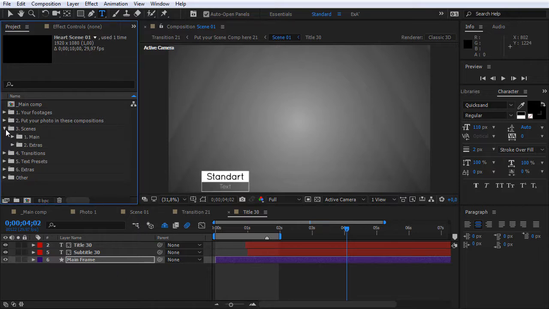Open the Scenes folder in the project window, a subfolder of extras. Here you see 2 subfolders. Let's analyze them in order. Heart Scenes contains 2 scenes and 2 transitions to them. The cutouts of these scenes are made in the form of hearts, in case you want to make a romantic